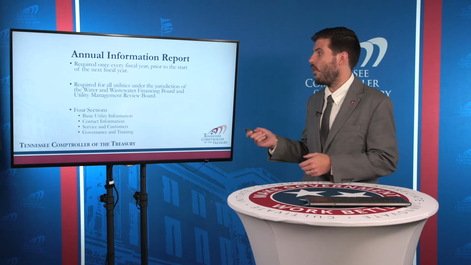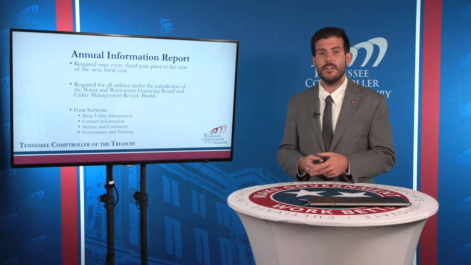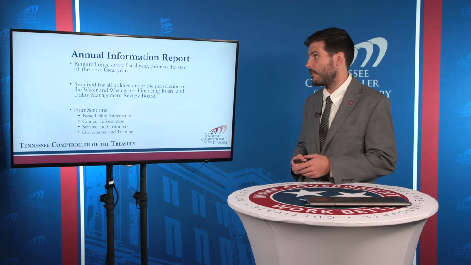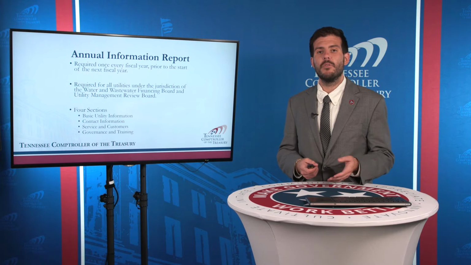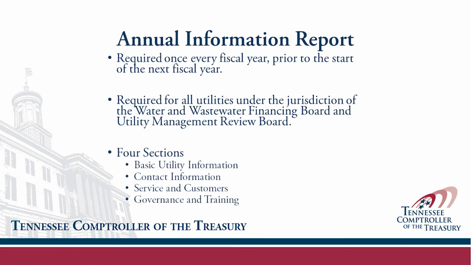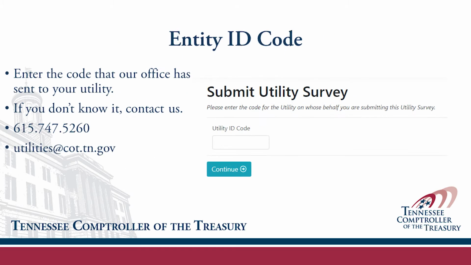It's required for all utilities under the jurisdiction of the Water and Wastewater Financing Board and the Utility Management Review Board. The Annual Information Report is divided into 4 parts: basic utility information, contact information, service and customers, and governance and training. When you begin to fill out your annual information report, you'll be required to enter in your entity